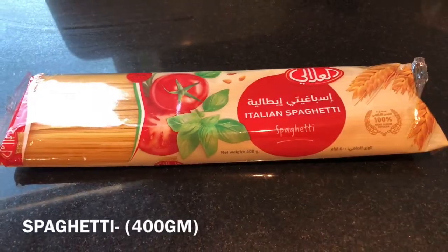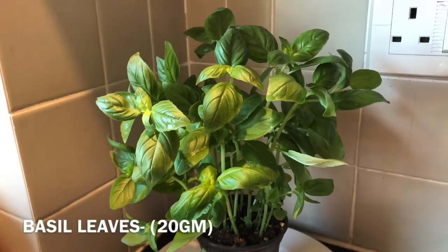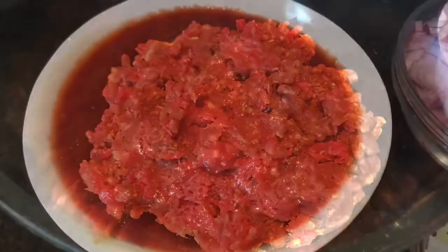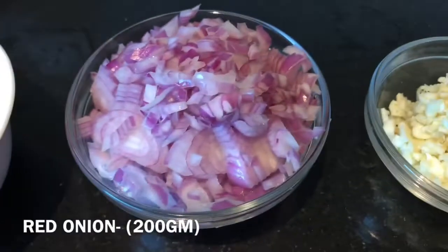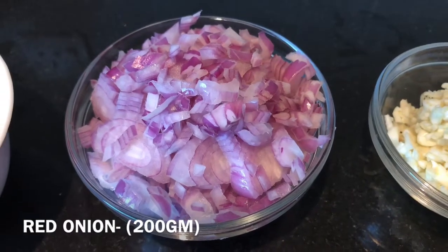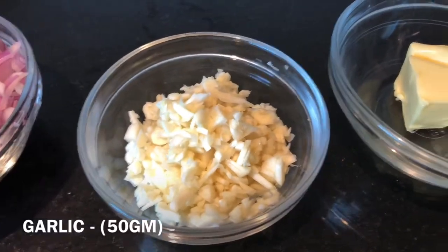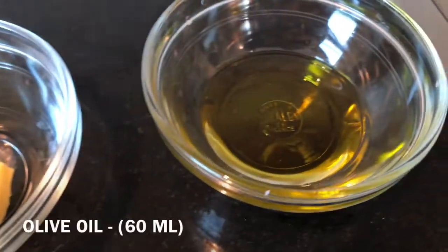The ingredients are Italian spaghetti, fresh basil leaves, minced ground beef, chopped tomatoes, diced red onion. If you want, you can use white onion as well. Chopped garlic, unsalted butter, olive oil,